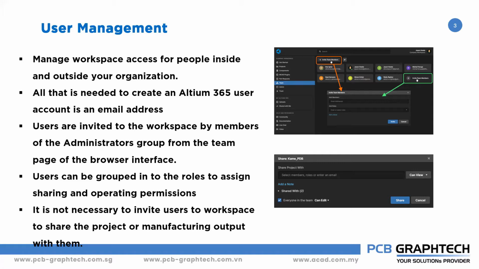Okay, so this Altium 365 can be used to collaborate with anyone, not just the members of the organization. It can be anyone outside the organization also. For example, it can be external contractors, or consultants, or a manufacturing house to share your Gerber files. Then by using only their email ID, you can invite them to the specific project and share your project with them. Okay, that is the main thing.